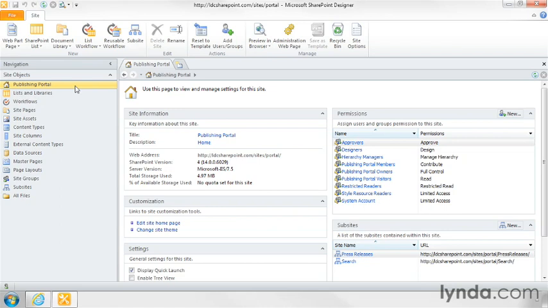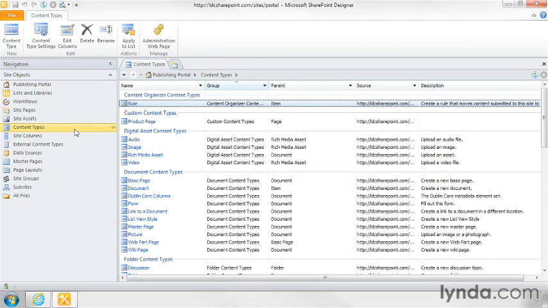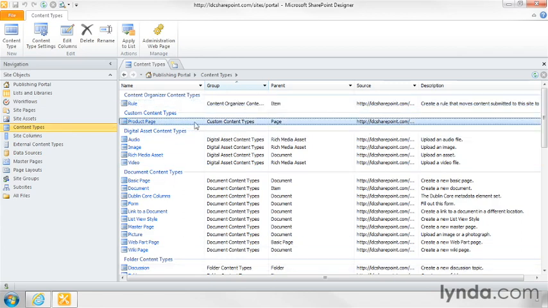Once we have the content type defined, the next step is to make our first page layout file. I'm going to do this in SharePoint Designer where I have my publishing portal open. And although I had created my content type in the browser, you could have done it in SharePoint Designer too. If you see, the content types section shows you all the available content types, including my new custom content type